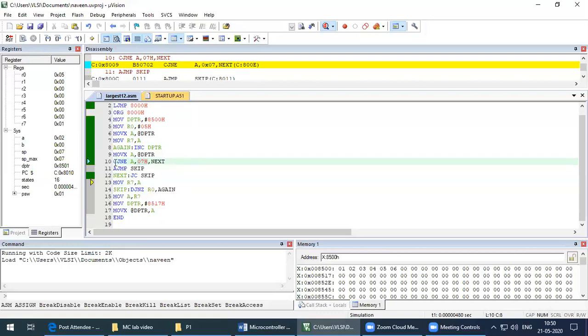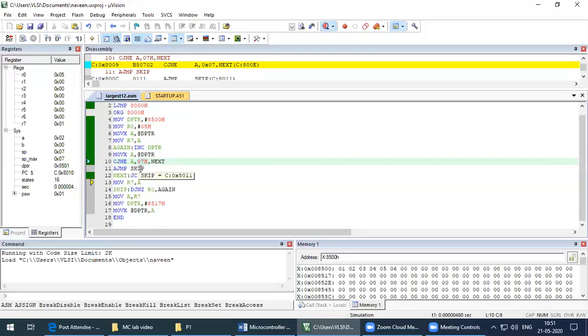The accumulator has the second value, 2, and R7 has the first value. CJNE compares the content of the accumulator with the R7 register, and if both are not equal, then it will jump to the label next and execute the next instruction.